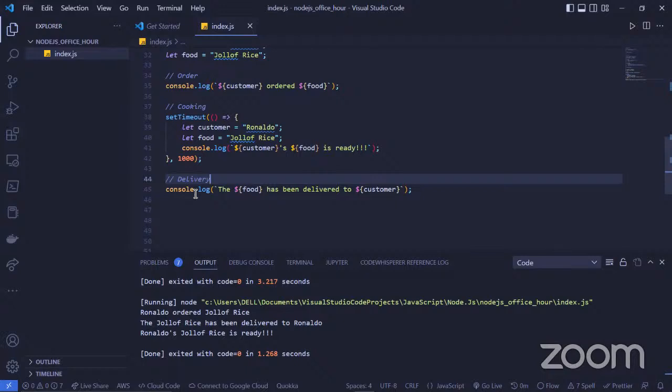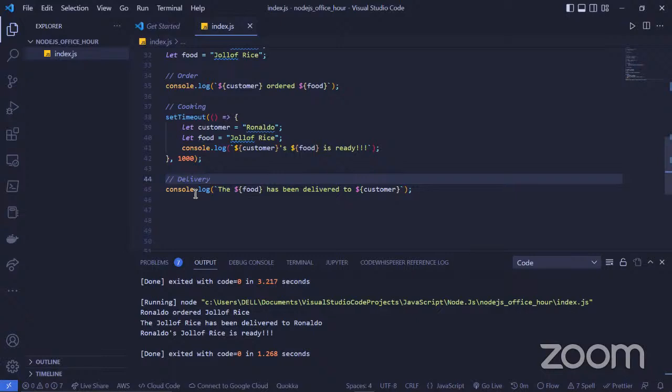The method we are going to be using in cooking is kind of a heavy method. Set timeout is a web API function, one of the web API functions, and these functions are usually tasking. So we set another ATM to process cooking.